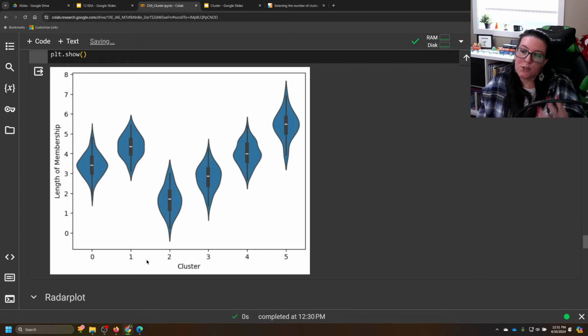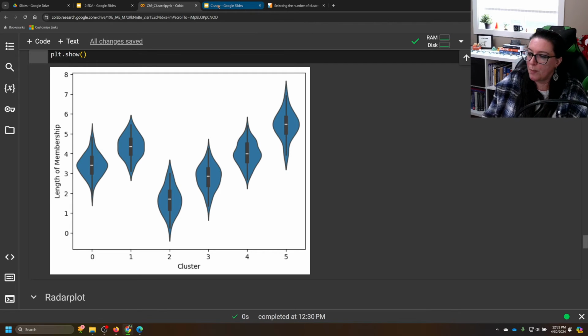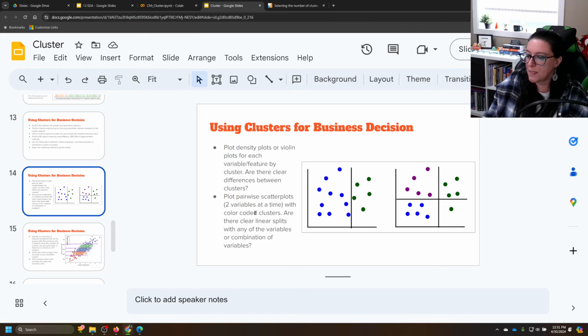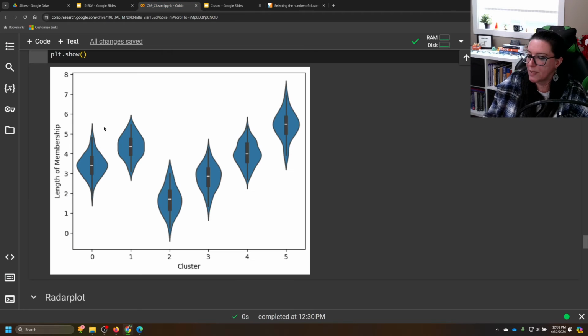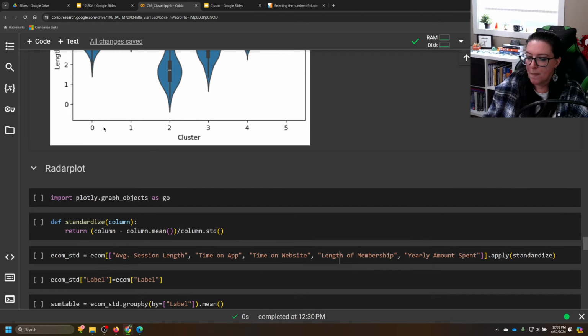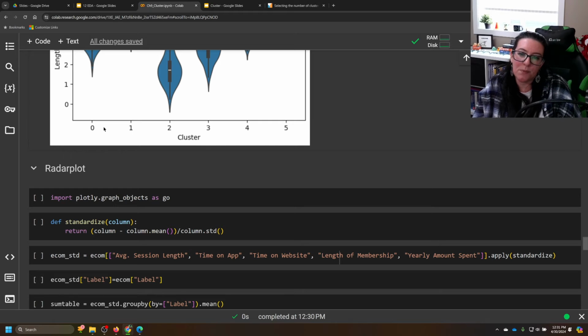So those are probably the two we want to use as we follow the process here in terms of plotting scatter plots to see if there's any clear splits, and how we could make some decisions about that. Before we do that though, let's do one more visualization, and that's the radar plot. So we've created radar plots before. We have a video on how to create these spider or radar plots. And we can create them using